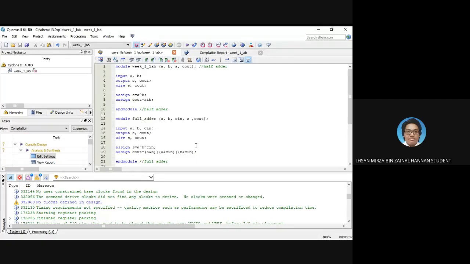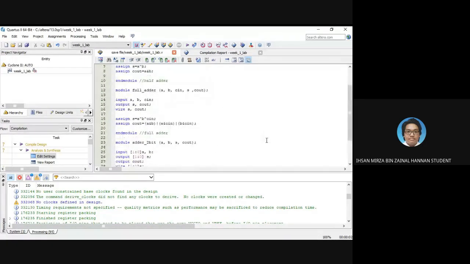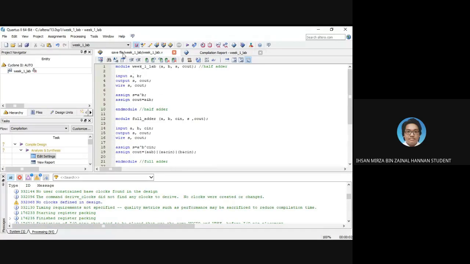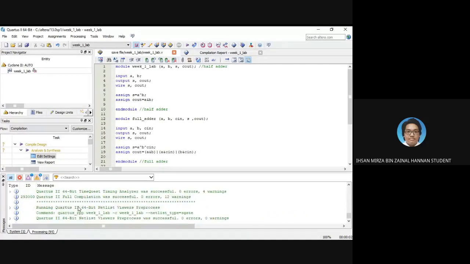Can you see my screen, sir? What I've done so far was referring to the lab module. I've read the coding for the half adder, full adder, and the 2-bit adder. I had written down the whole coding in one file and I have compiled. So far, it has shown that there is no error, but when I tried to view the circuit design,